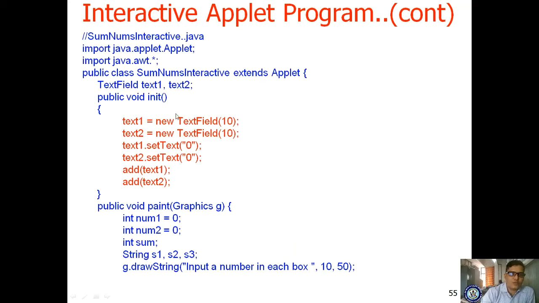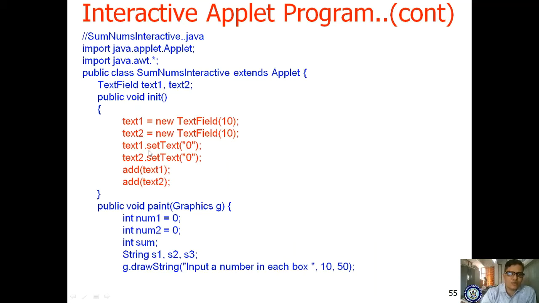Now you are creating text box 1. text1 means your text box 1, because this is a TextField class object, right? So text1 is equal to new TextField of 10. Here 10 is specified as the size. The TextField size is 10, and new indicates you are creating the class object, the TextField object. Now you are creating the text2 object with field size 10.